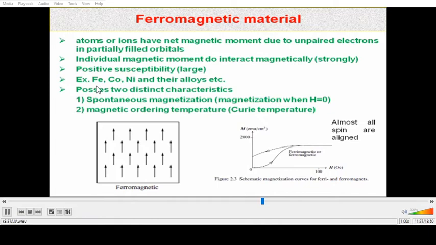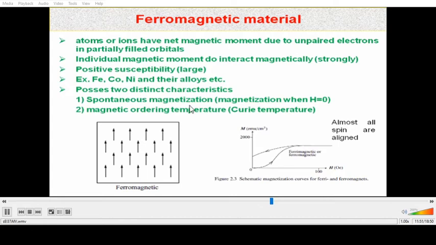So if you want an example, ferromagnetic materials are Fe (iron), cobalt, nickel and their alloys. Ferromagnetic material possesses two distinct characteristics. The first one is spontaneous